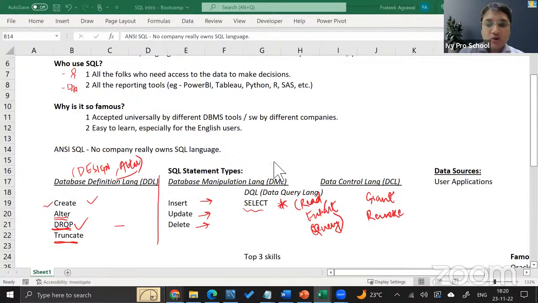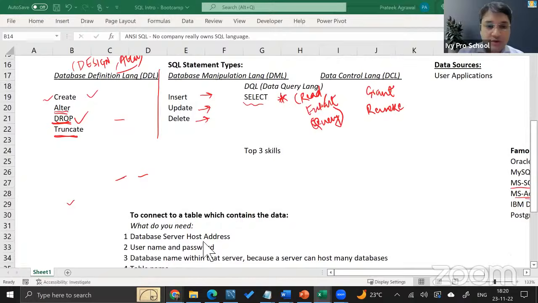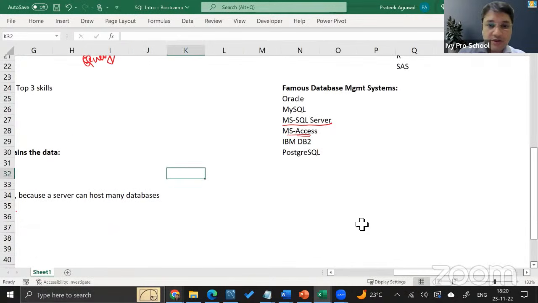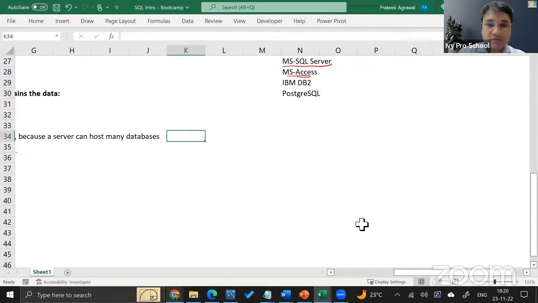Okay, so the task that we will perform, I'm going to list down the task over here. Task we will perform today. I like to write my task.